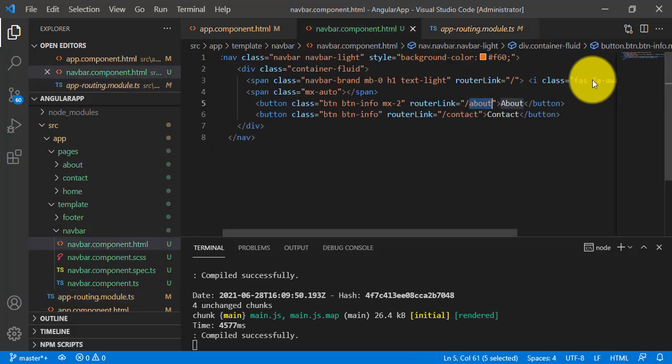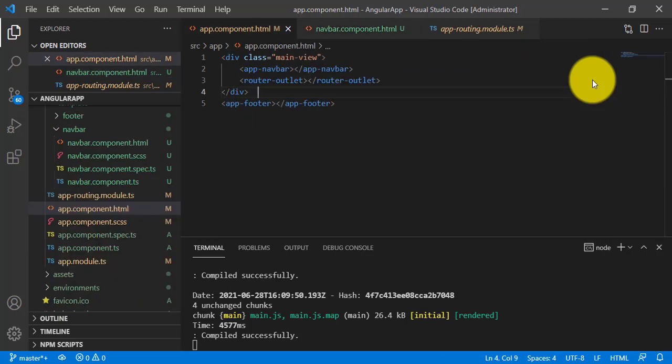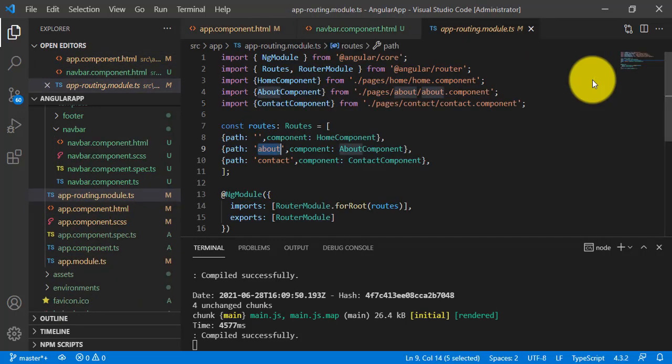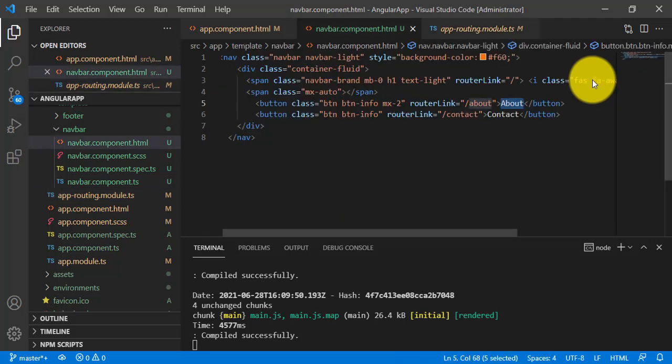I mentioned /about, and the button name is about, and here the other button I have added is for the contact component, and the class is btn-info, and the router link maps to the contact path, which I have mentioned here, that is in the routes section path is contact, and this contact path is mapped to the contact component. In this way the second button is for contact and it's mapped to the contact component, and after that I have closed this button.